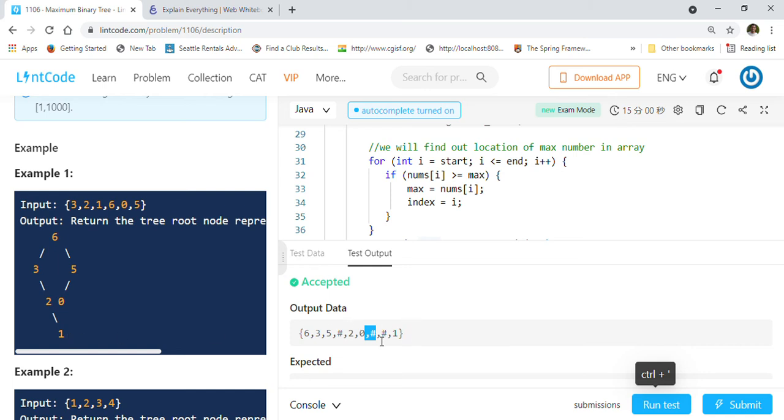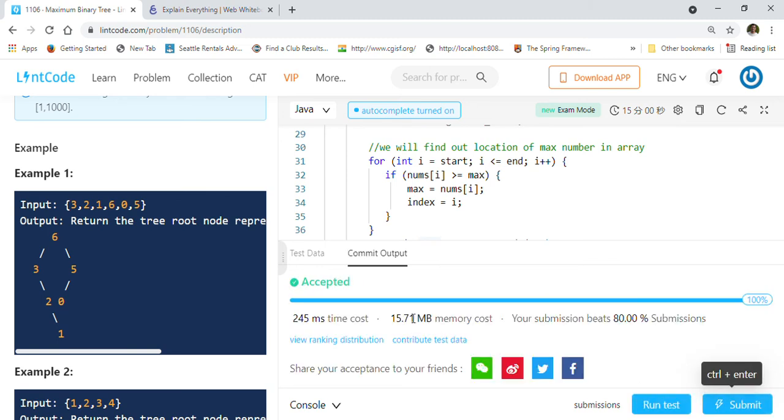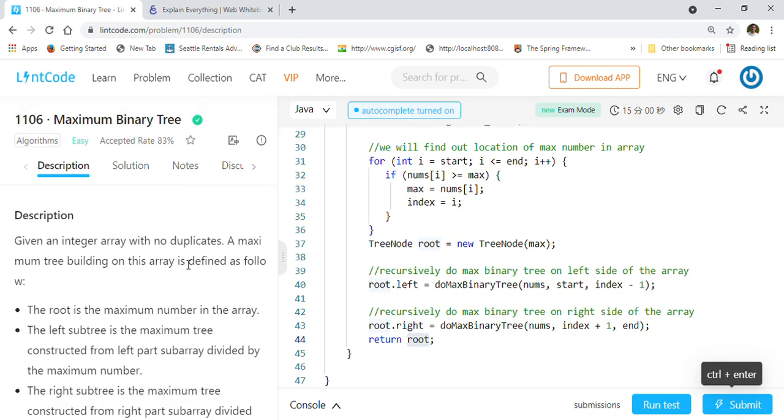So our solution got accepted. So let us submit our solution now. So we got 80% faster performance, which is pretty good. So this is the way we can solve maximum binary tree.